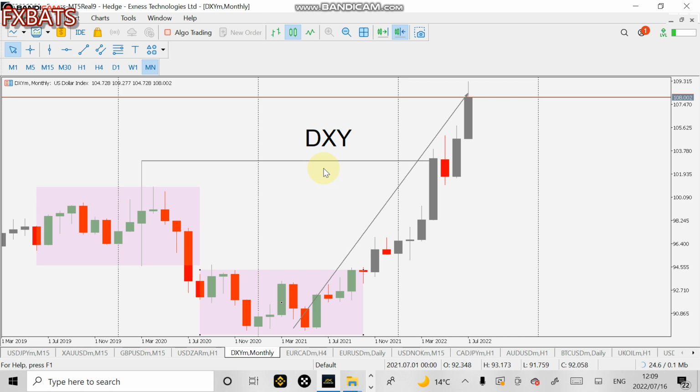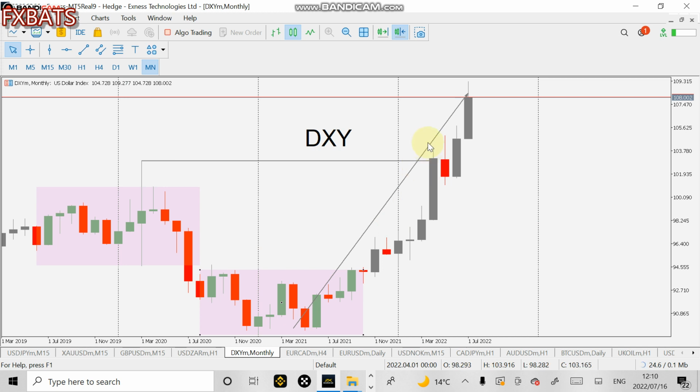Since the euro makes up over half of the US dollar index, one can trade EURUSD to take advantage of the index more. If you're trading EURUSD, let me go to the pair so that we see. We saw the DXY rising from 2021 into 2022. These are two different periods of time. These are 12 bars, meaning this was last year, 2021, and this is the current year, 2022.